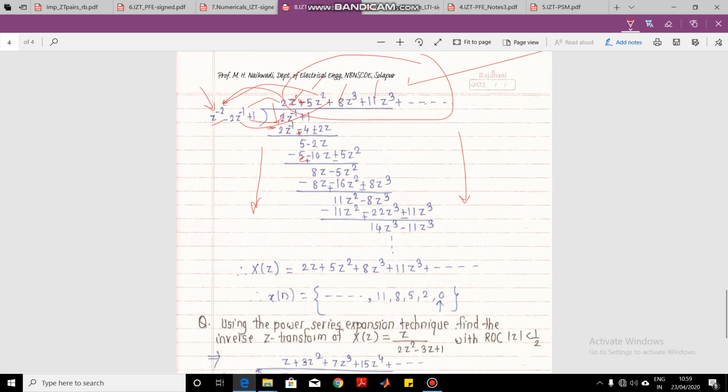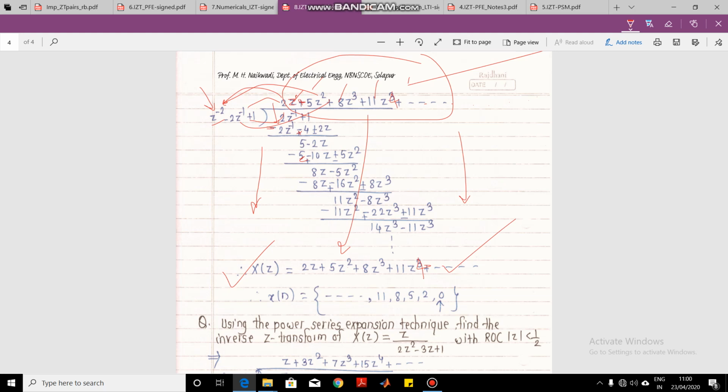Once you get this, I will write this expression here. This is my polynomial x of z, in the positive powers of z, meaning that this is z raised to 4. Here it is a writing mistake, so it has to become 4. You can verify this: when it is 4 only you will get this answer. So you will get this expansion like this, and now you can take the coefficients.